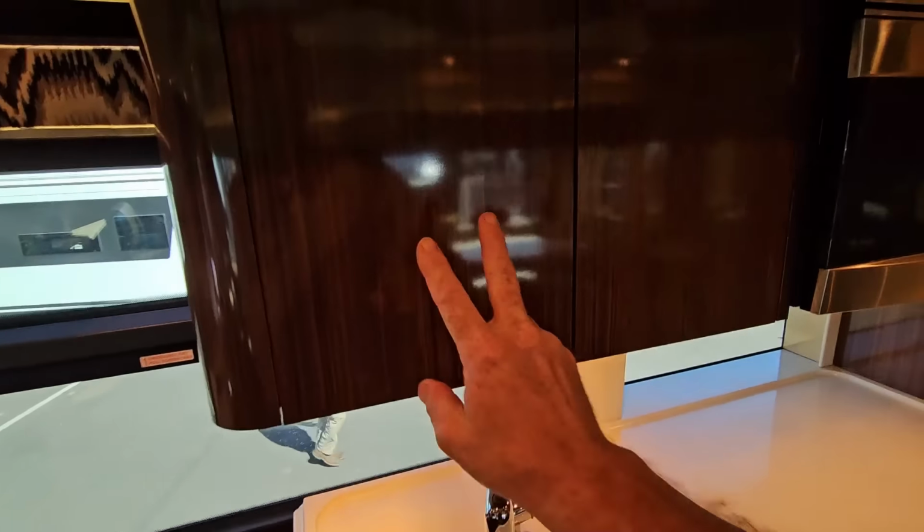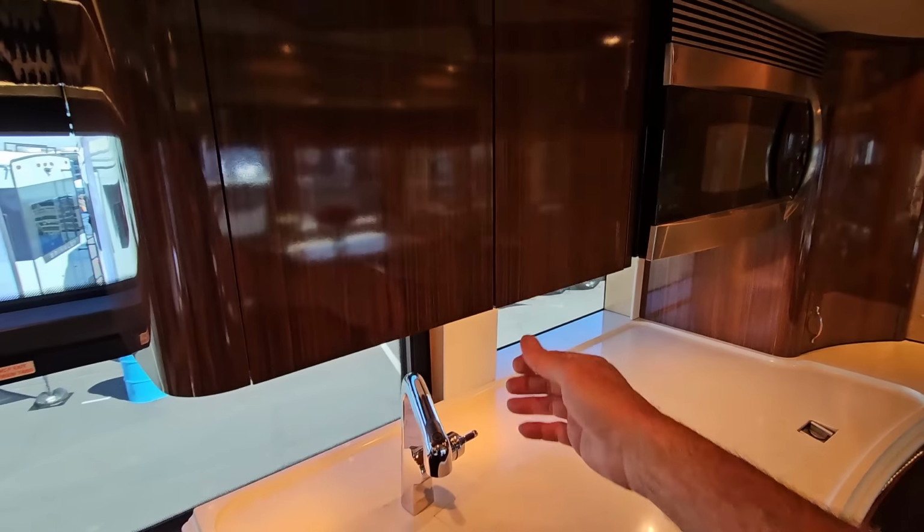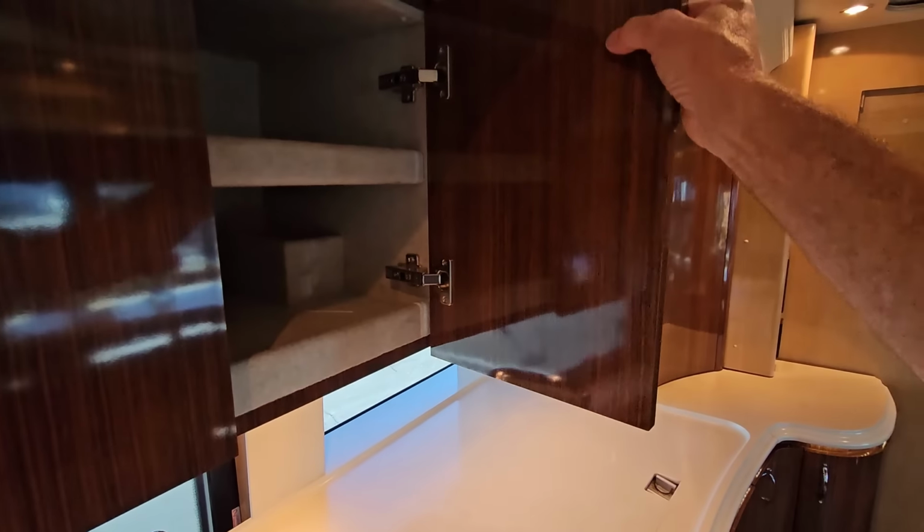Now all the cabinets are covered with that very high